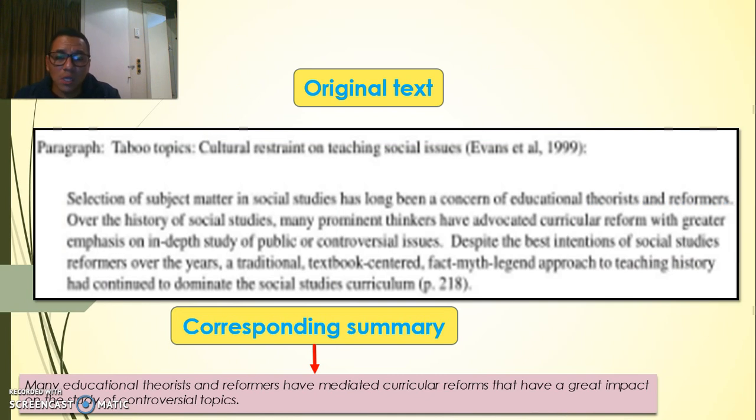Okay. You can compare again my example. Sorry because my original text is not so clear, but if you realize it has 5 lines, 3 sentences. Okay, but in the corresponding summary I wrote in a simple 20 words, 1 sentence. Okay, if you read it, you will see that it is the summary. Okay, only one sentence. Remember, 20 words. If you count it, you will see that it has 20 words, and it is very good when you use